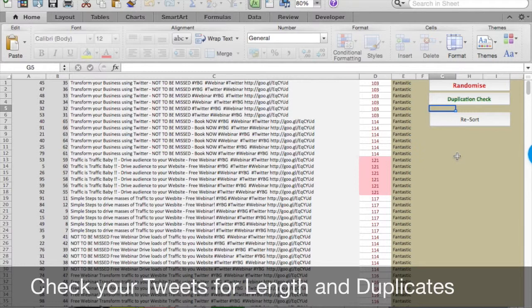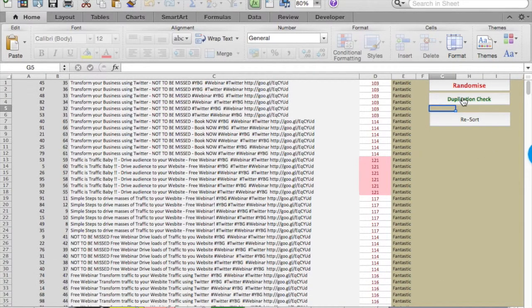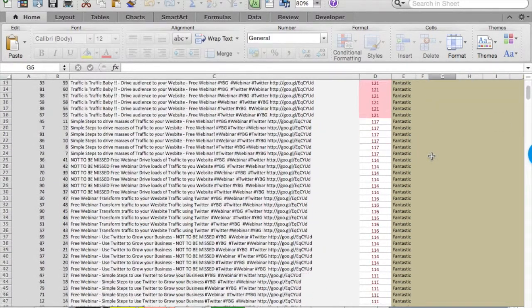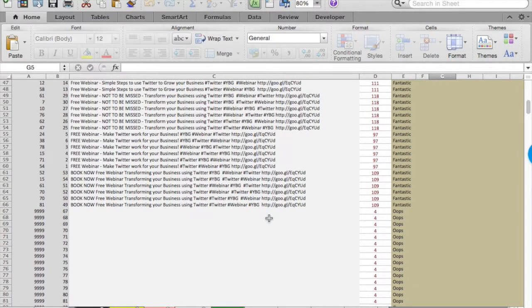I normally clear the whole buffer of Hootsuite before I upload any files, so that it's always uploading into a clean base, if you like. But I'll cover that when we do the tutorial on uploading. So if you look at the duplication check here, just run it again, you'll see that in column E it all says fantastic until we get to the blank